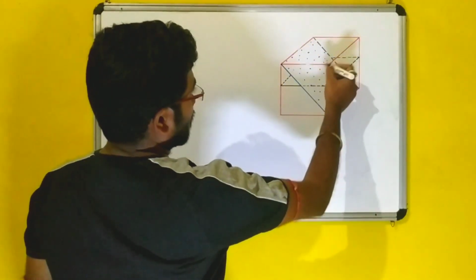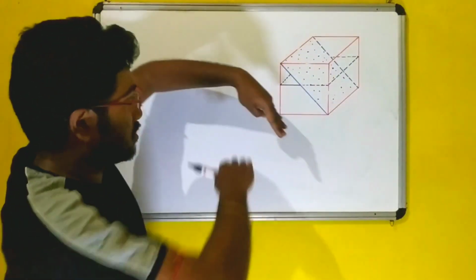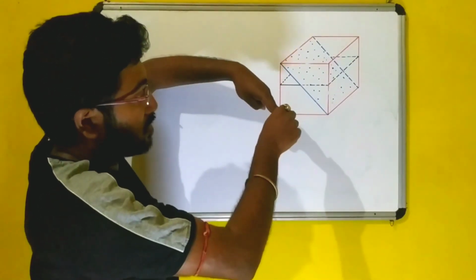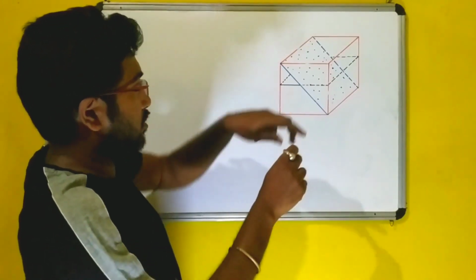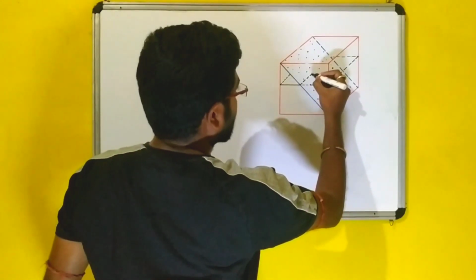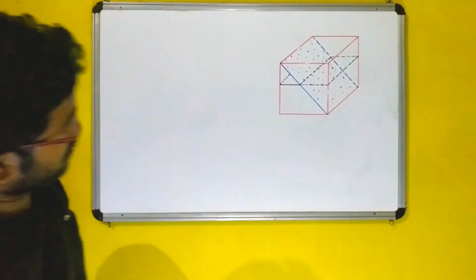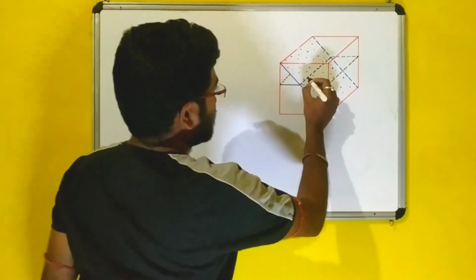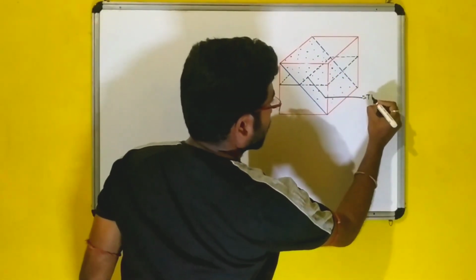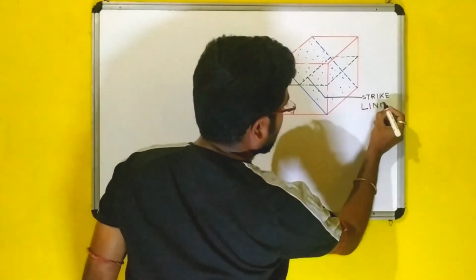Suppose it is cutting this inclined plane, it will intersect through this line. This is one inclined plane and this is one horizontal plane. So this horizontal plane will intersect it like this. This is the horizontal line. So here the horizontal line will be this one on the plane. So this line will be called strike line,